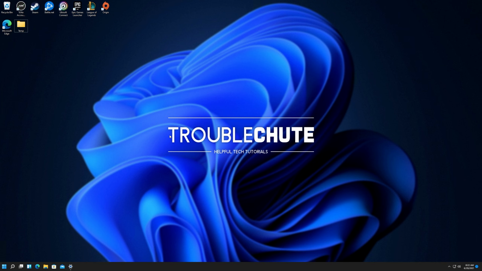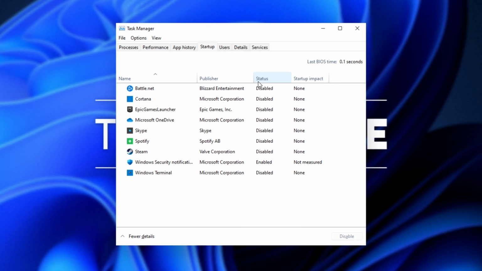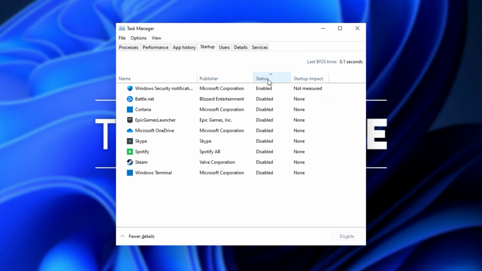Simply open up Task Manager by hitting Ctrl, Shift, and Escape. Then inside of here, head across to the Startup tab at the very top. What we'll be looking for is everything that's enabled, so I usually sort by enabled. As you can see, most of the software here is disabled, but originally everything was turned on, meaning when we